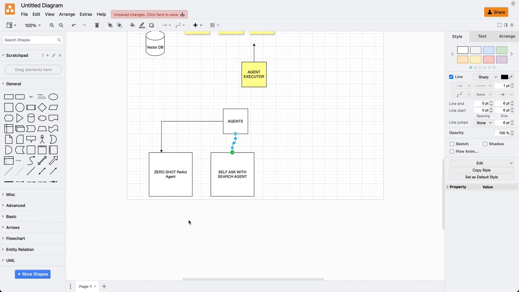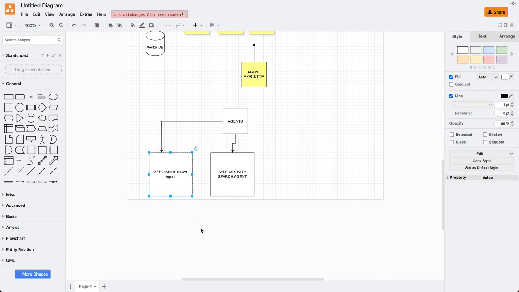But if you know exactly what you want, suppose you know that 7 divided by 3 is this, and you know that the agent will give you the answer and you can verify it, then you can go with the zero shot React agent. Then the third type of agent is